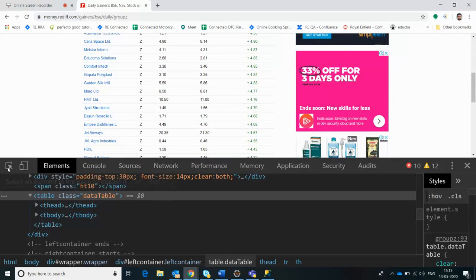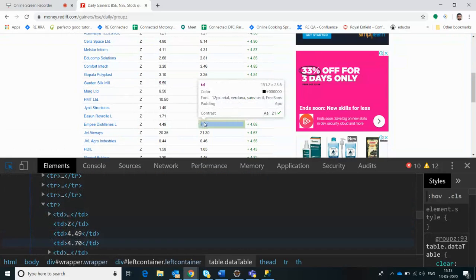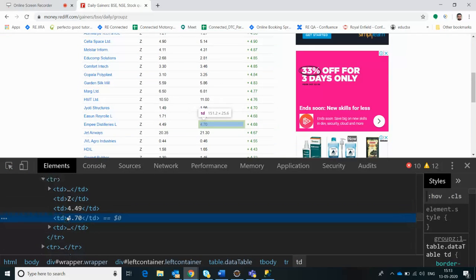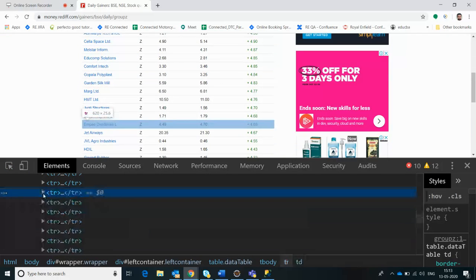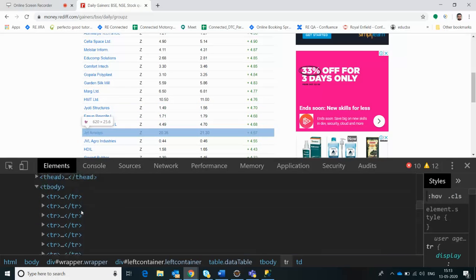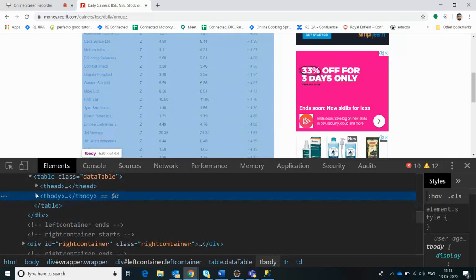You inspect any element, let's say this element. You come here, it's highlighting this one. So this would be part of this TR tag, right? If we can identify this row, MP Distilleries Limited, we can come to this 4.7, right? So this is the basic structure of a web table.